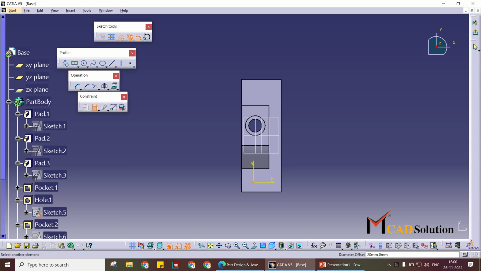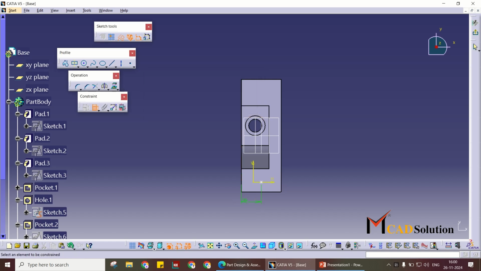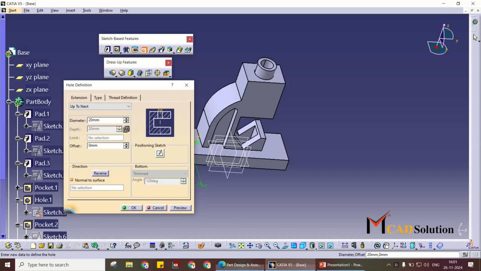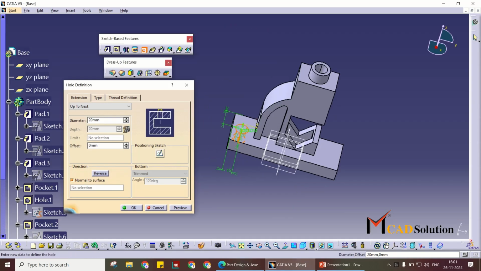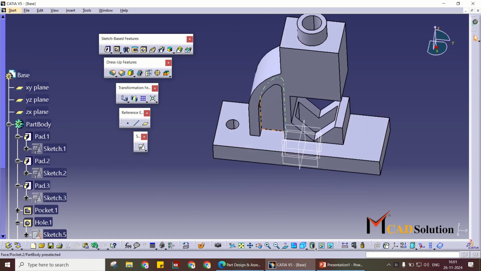double click on dimensional constraint, vertical and horizontal distance, this is 30 and this is 15. 170 minus 140 divided by 2, so 15. Exit from workbench. Diameter given is 13 up to next. Okay,